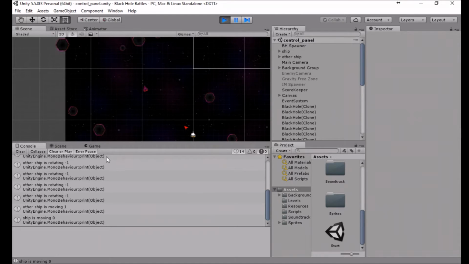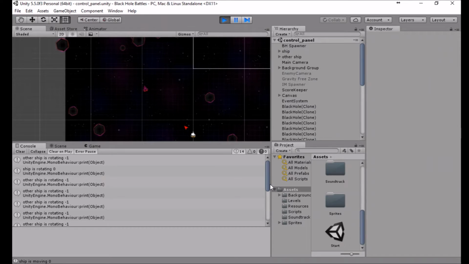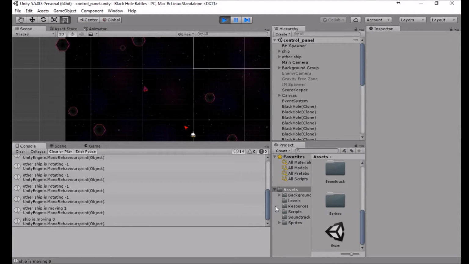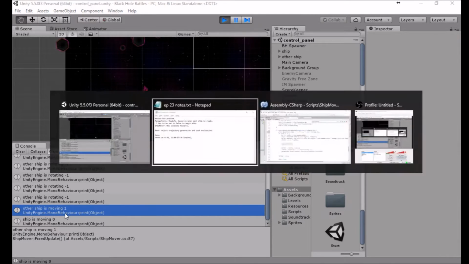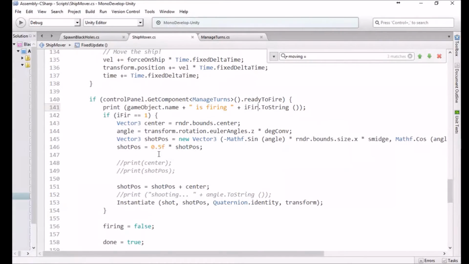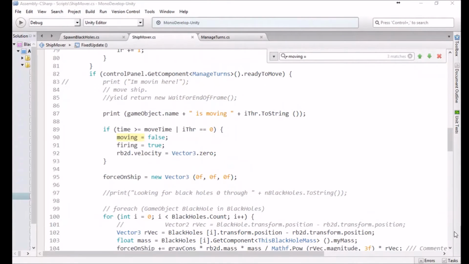Alright, so I've put in some print statements about what they are doing in terms of rotating and moving. So the other ship was rotating, so he did take a rotation. You can see that he rotated there. This was our first turn. You can see that I had no intention of moving, but he was going to be moving, but now he's not. So I need to check what's going on under...